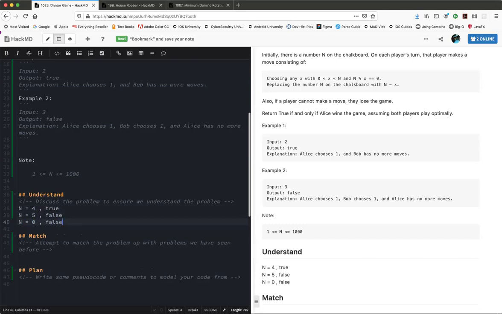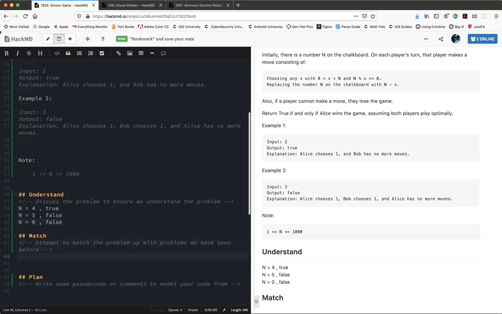I mean, it should be on the odds, but it has the potential to not be that way, if that makes sense. And we shouldn't have any negative numbers. Yep. All right. So matching up, if you haven't seen a problem like this before, and I'm not really sure that